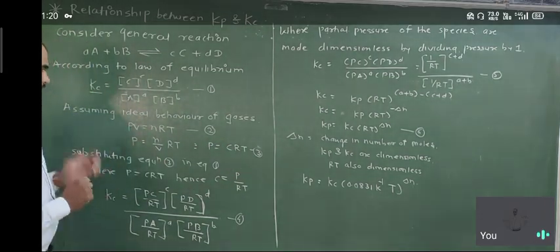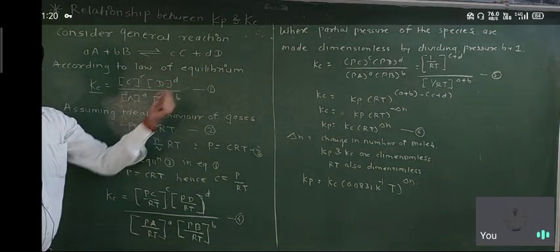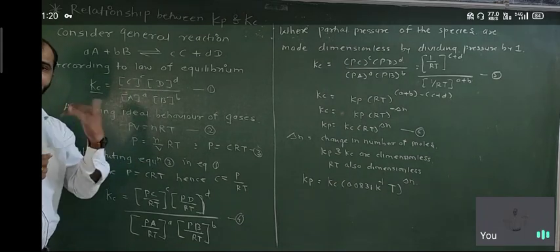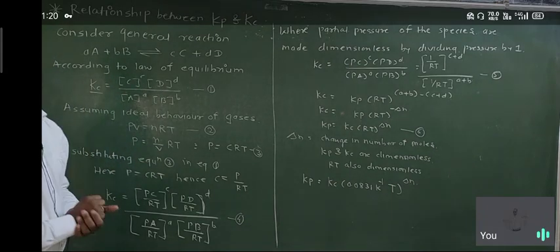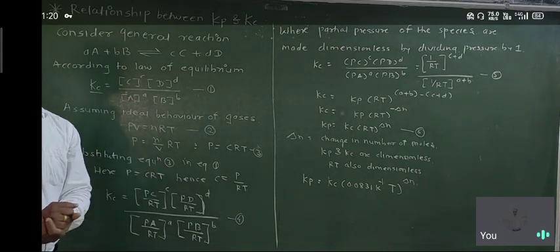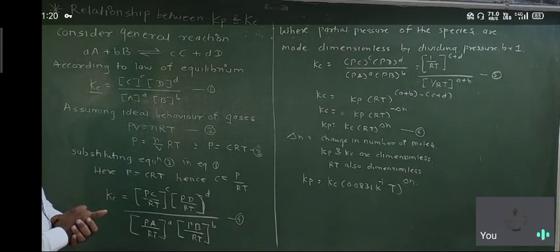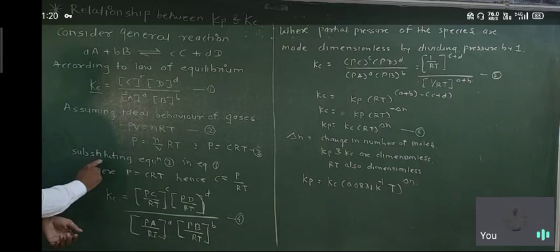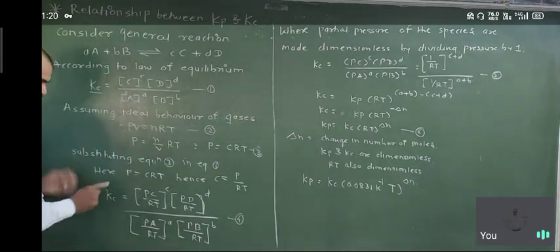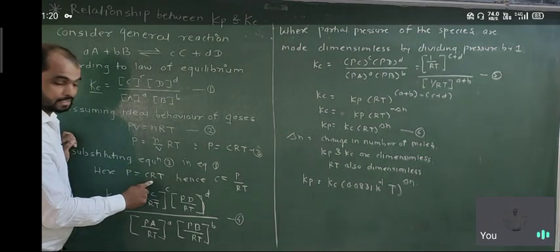Next, we substitute equation number 3 into equation number 1, because here the terms are in concentration form and we want to convert them into partial pressure form. Partial pressure expresses the concentration in the form of bar, whereas simple concentration is expressed in grams per liter. So when we put equation number 3, P equals CRT, into equation number 1,